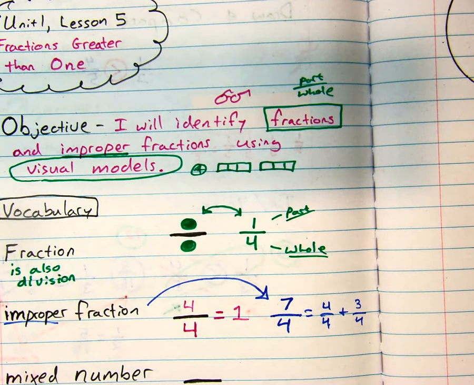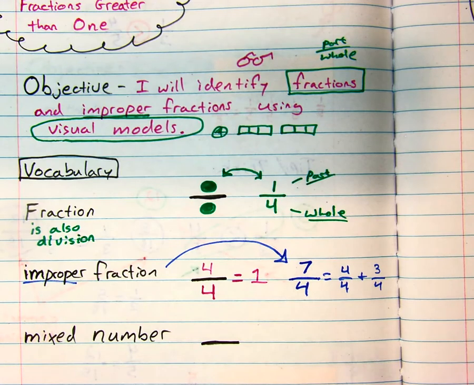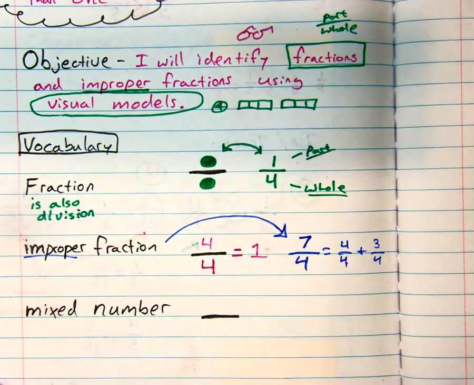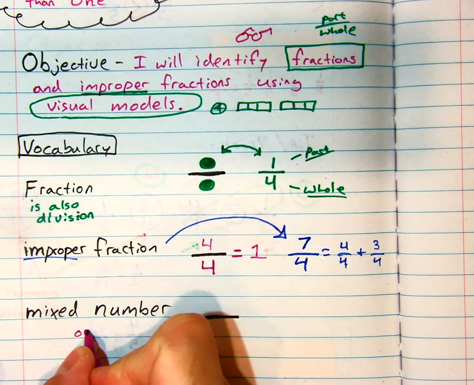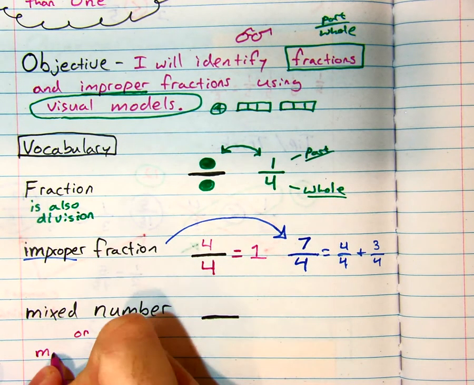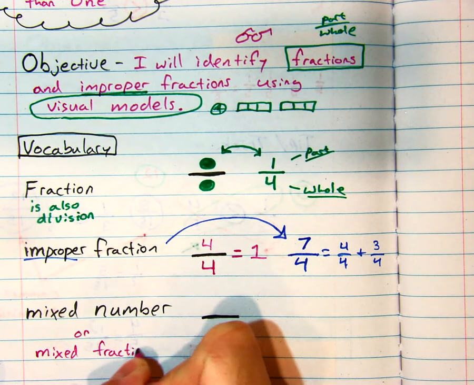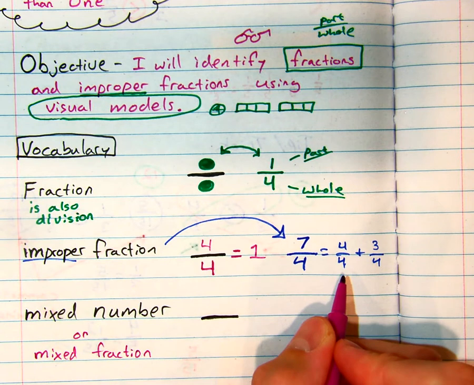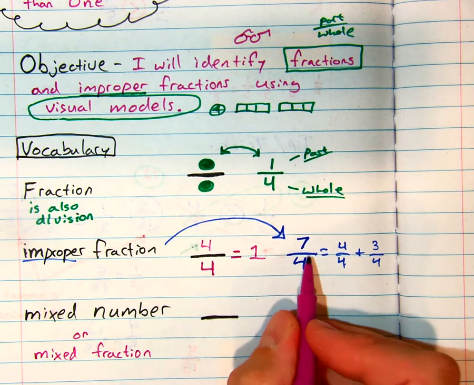Now, a term that we need to have in our vocabulary, in our lexicon, is mixed number. And depending on the math textbook or math teacher, they might call it this. They might call it a mixed fraction. This is a synonym for mixed number. And we're going to look at the same example down here. If we have a mixed number, we said that 7/4